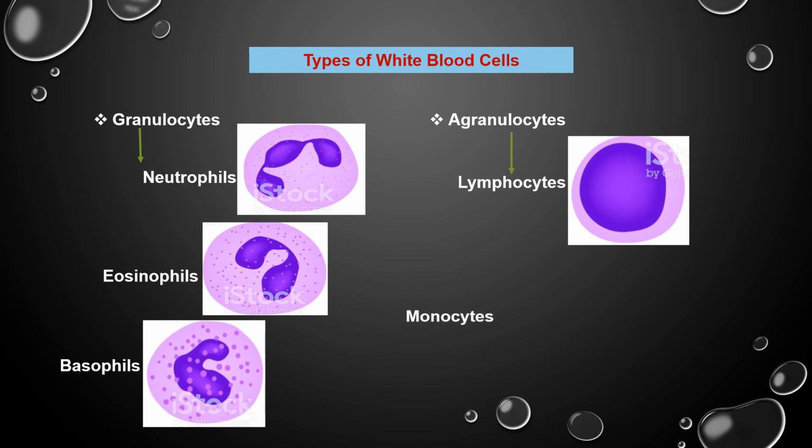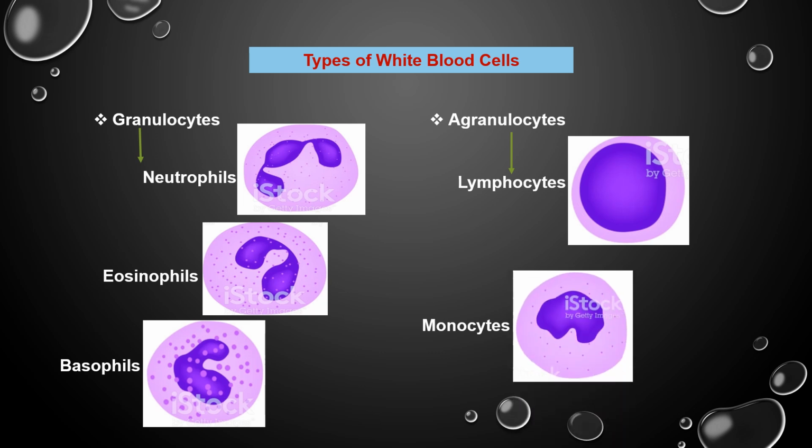Next ones, monocytes. They are the largest of the leukocytes. Among white blood cells, the largest cell is the monocyte. Amoeboid in shape, these cells are 5 to 6% of total leukocytes. They are phagocytic and engulf bacteria. Phagocytosis means they swallow the bacteria. When pathogenic bacteria enter the body, the monocytes engulf them.